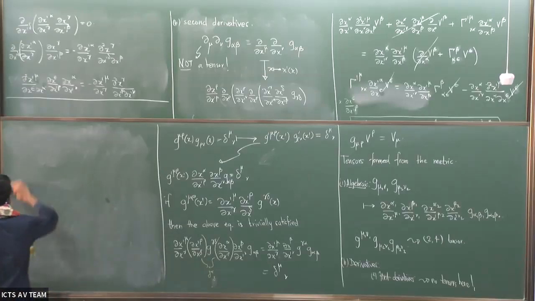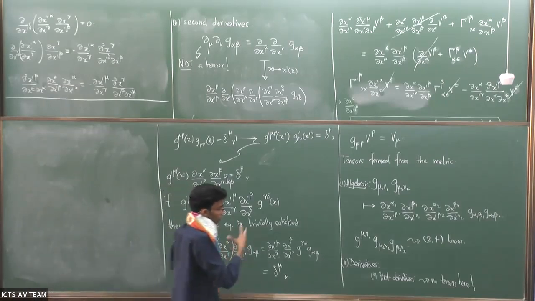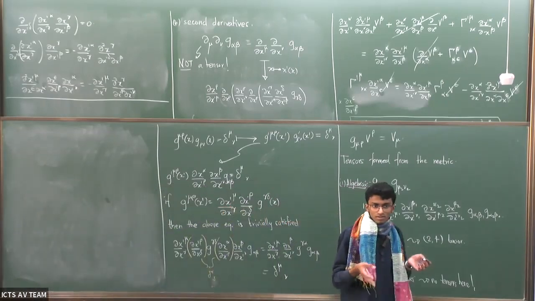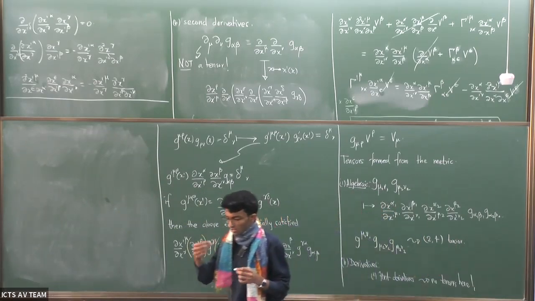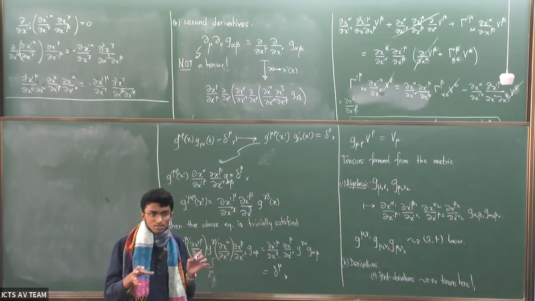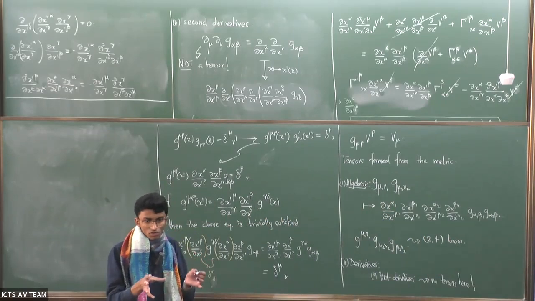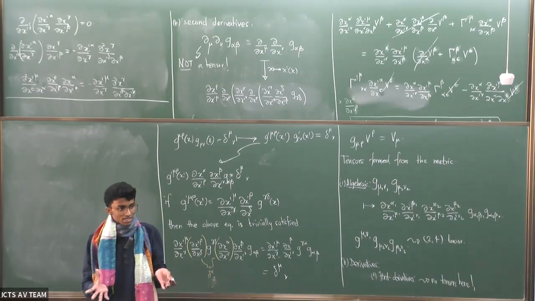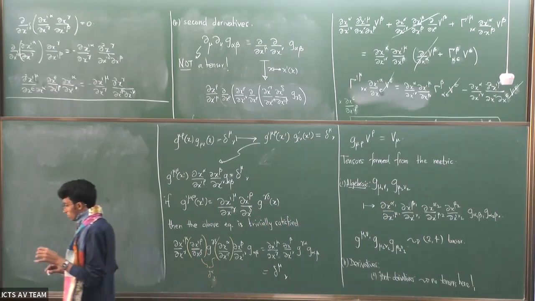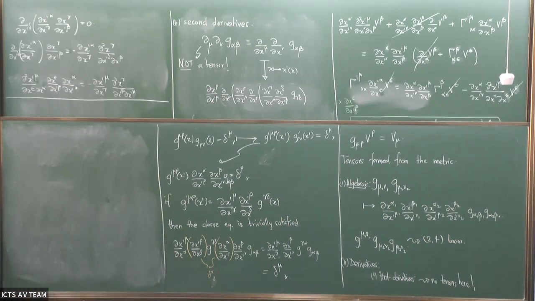So remember the basic intuition: at the end of the day, we're doing all of this geometry to describe curved spacetime, right? And the running intuition behind our minds for the Riemann tensor is that it gives you the curvature. For example, if you compute it for a sphere, for S2, you'll get 1 by a squared, where a is the radius of the sphere. So it tells you that the sphere is actually curved, right? So with that intuition that the Riemann tensor is telling you something about the curvature, you might ask,